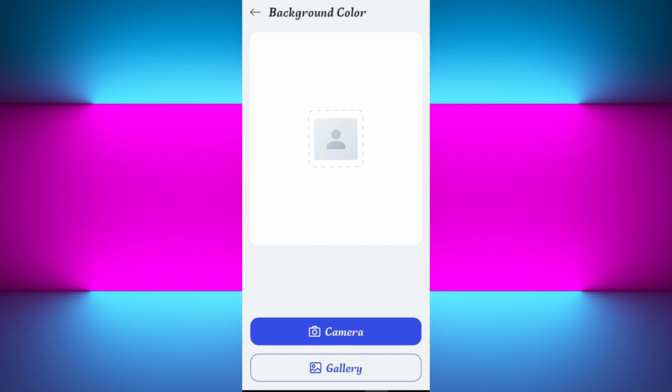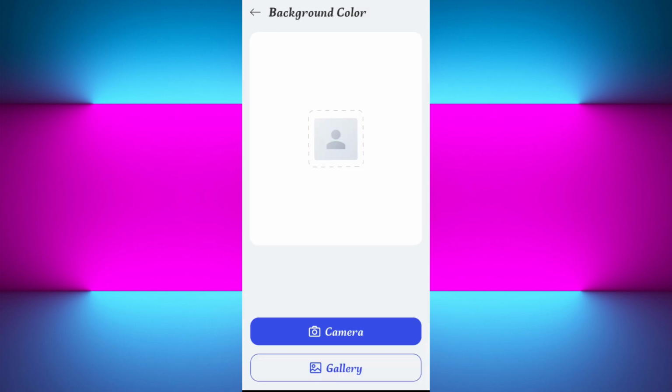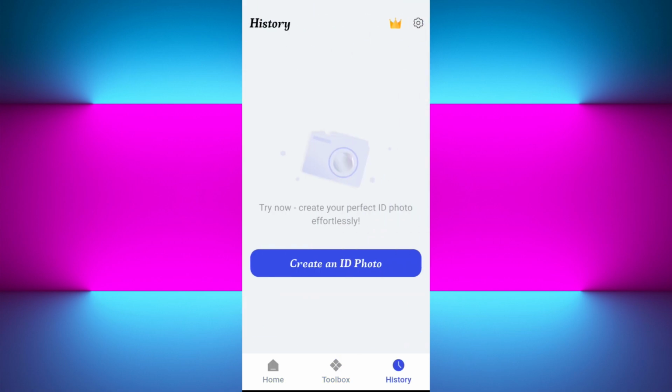Or you can even use some online tools, like 123passportphoto.com or remove.bg. If you want to remove the background of your image, then you need to simply upload the photo, select your country, and drag the box to fit your face correctly. Adjust the brightness and contrast if needed, and the tool will generate the cropped passport size version automatically. Now, in order to remove the background, although this is optional, you can just use this particular application itself, or as I said earlier, you can use remove.bg, and from there you can just